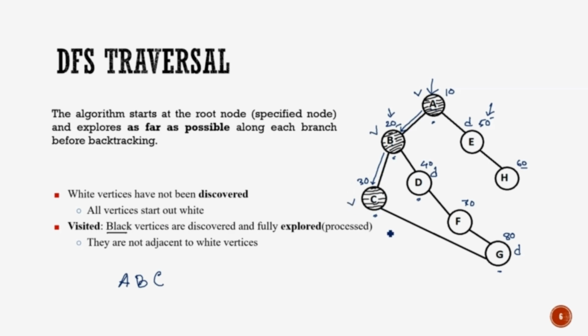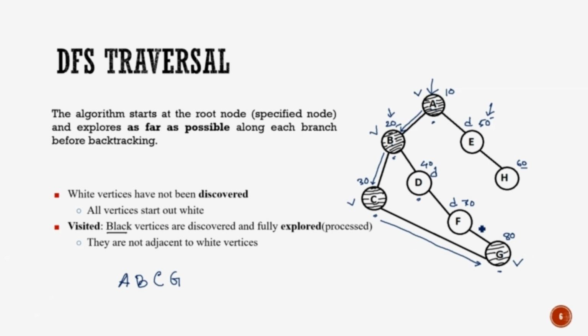This process will be continued as long as there are new nodes in this path. So from node C we come to node G. Once we arrive at node G, we repeat the same task. We print the content of this node, so we print G, and we discover the adjacent vertices. We see that there is a node at address 70 that is adjacent to node G. Now we have printed the contents and discovered the adjacent nodes. We can mark this node as visited and color it black.